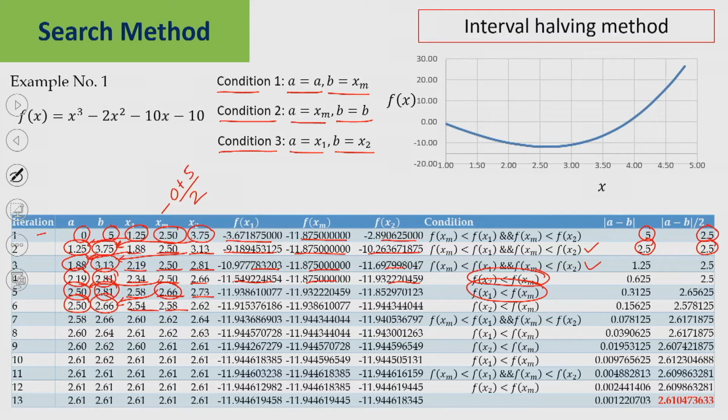Then you just continue this iteration, and in every iteration you check the absolute value of a minus b. Once it reaches the precision, you can stop your iteration. Suppose this value is less than 0.01. If I take 0.01 as the precision, you can stop there, even here itself. If you are taking 0.01 as your precision, then the optimal solution is coming